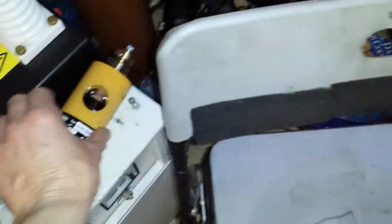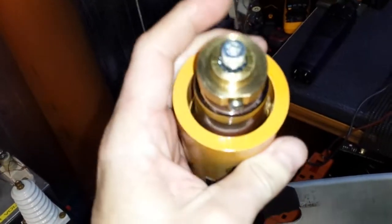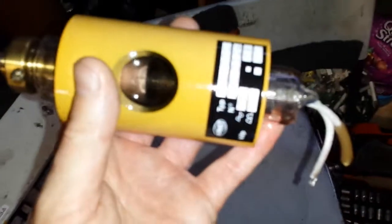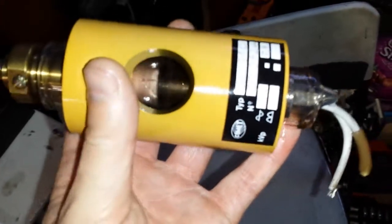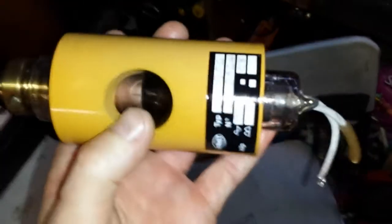And this is the filament out of it. As you can see, it's nice, isn't it? Let's just make sure that's off. Oh shit! I just dripped oil out of it all over my bloody chair. I thought I'd got rid of all the oil out of it. Obviously, there's a little bit more left in there. So yeah, it's quite a nice